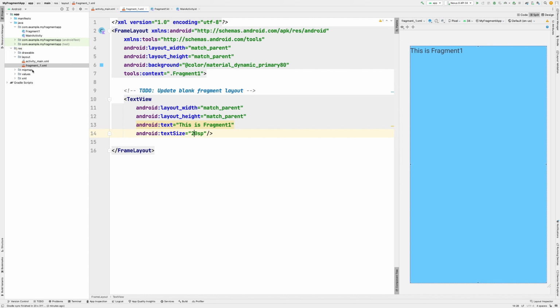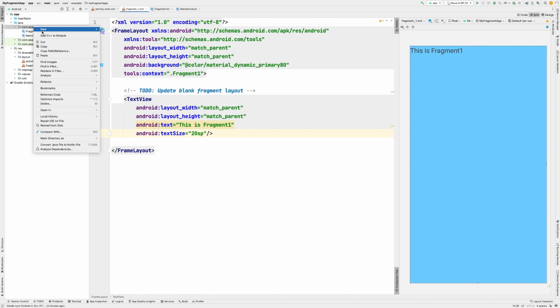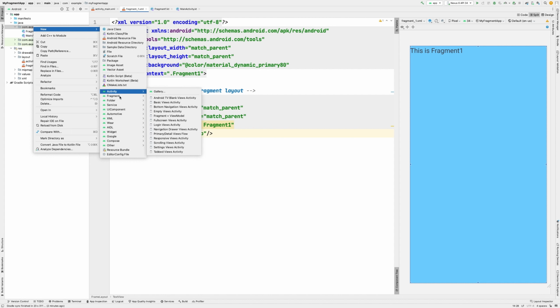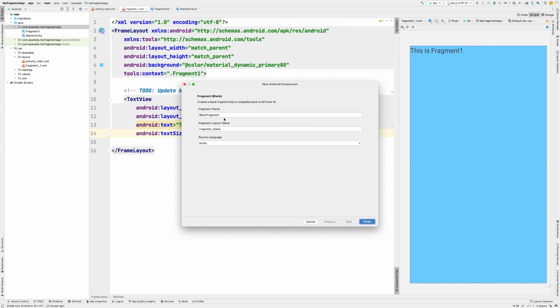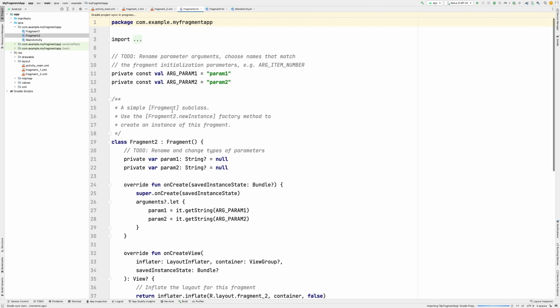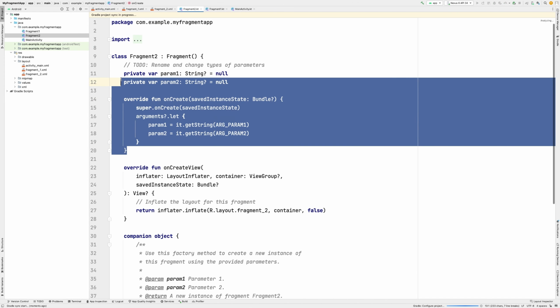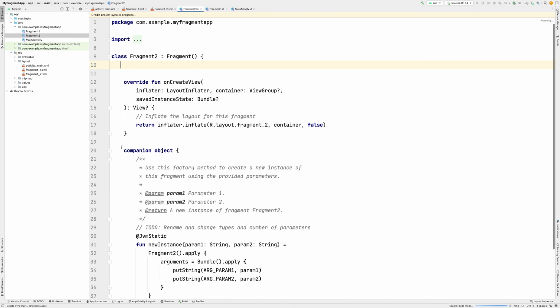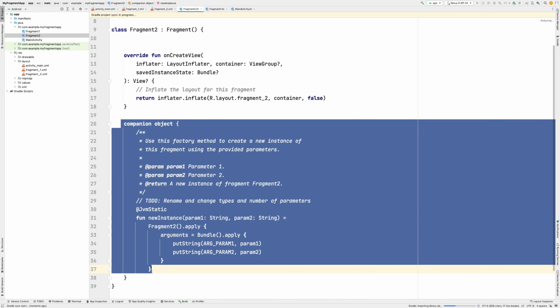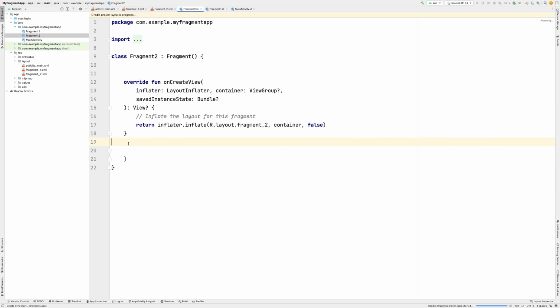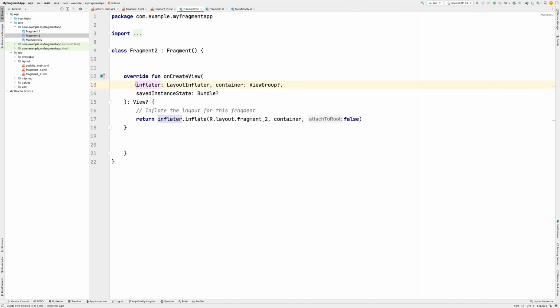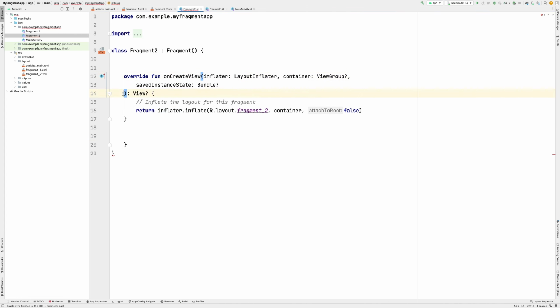So let's create another fragment. New, we go here, fragments. In the fragment section we select blank fragment, and I call this one fragment 2. And the XML file is also fragment 2. The language is Kotlin. So finish. Again, the same way, we need to remove this code which is generated by Android Studio. So we don't need these codes. Companion objects. Yeah. So this is our onCreateView function, which is responsible to actually show the layout